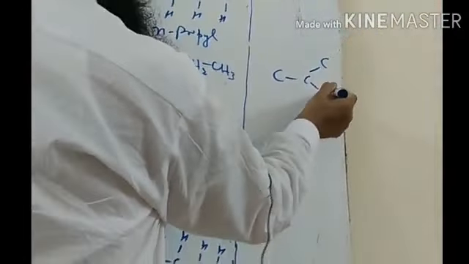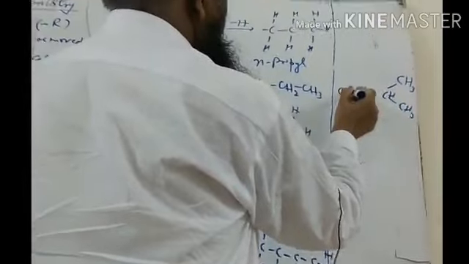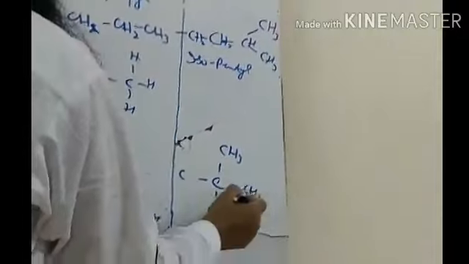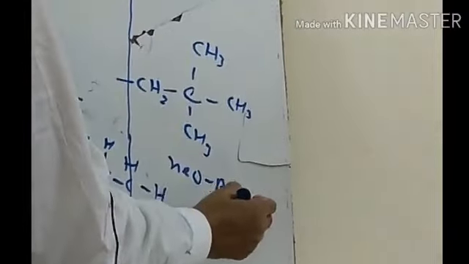We can say this is the CH3, CH3, H. This is the CH2. So the 2-methyl is known as the isopentyl. And if we have the 3 methyls, 1, 2, 3, in this case CH3, CH3, CH3, this is CH2, CH3, CH3, this is CH2, 1, 2, 3. This is known as the neopentyl.